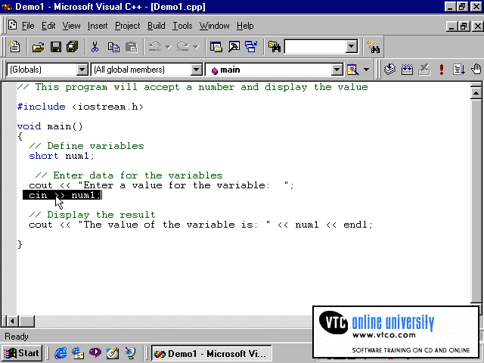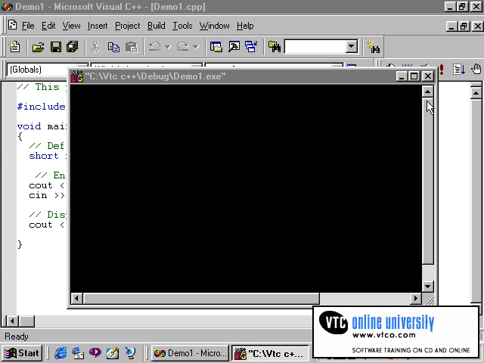The operator you use with the cin statement, the extraction operator, which is the double right braces, tells the C++ compiler to stop reading characters from the keyboard as soon as the user enters the enter key or types a character that is inappropriate for the variable's data type. For example, I have a short variable for num1. So if I run this already compiled program and enter a value such as 5,